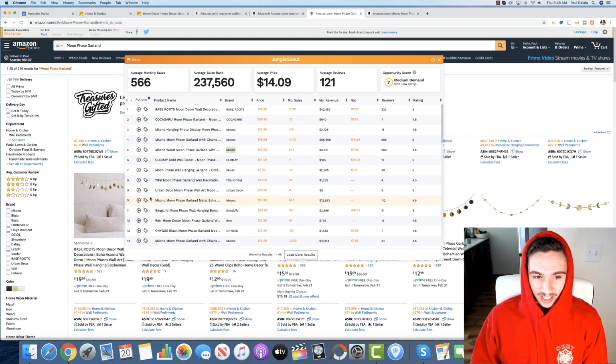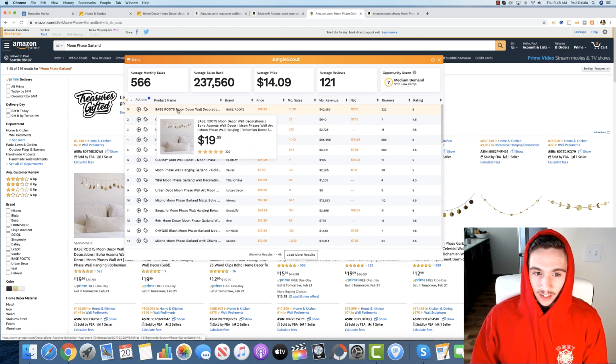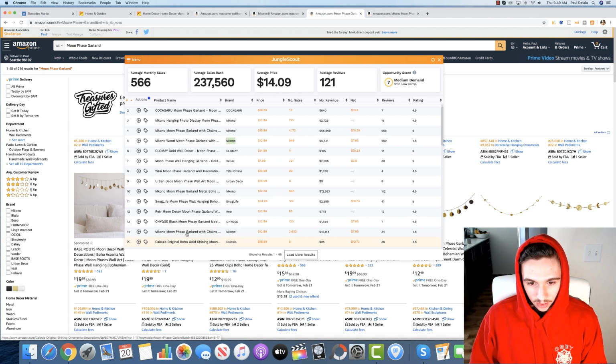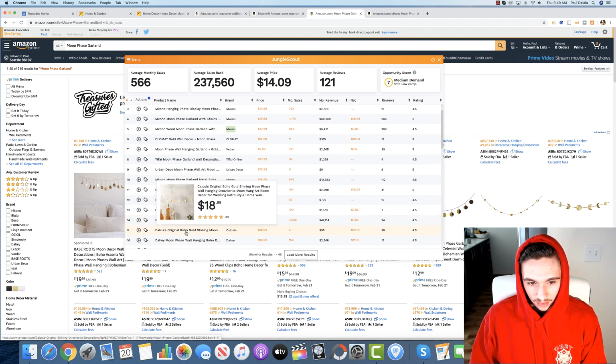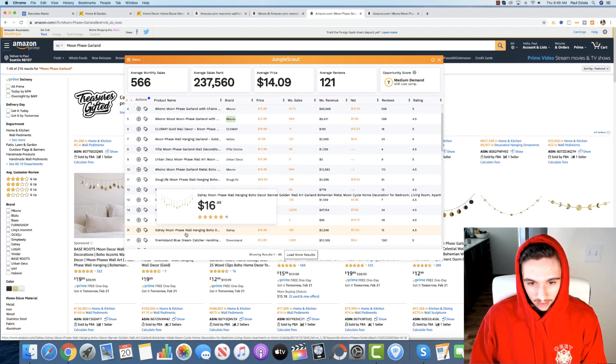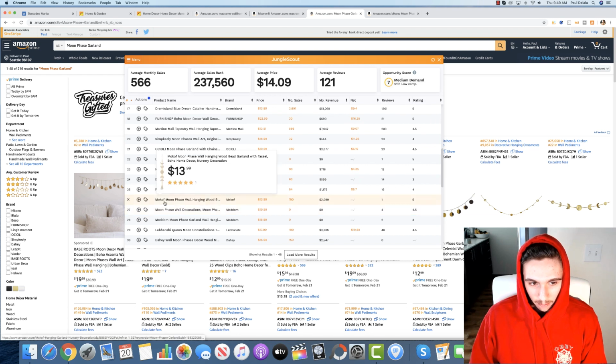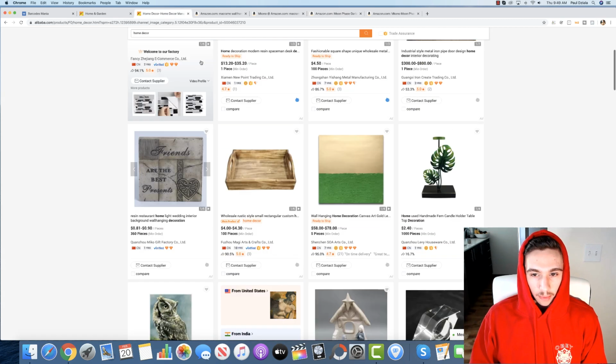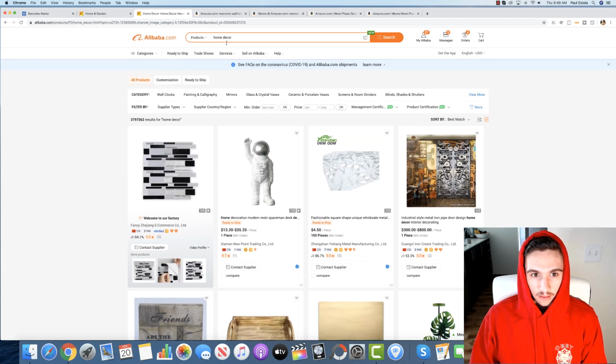He's just selling the same thing with different pictures, different lengths, just very subtle changes. Man, why is that one doing so good? I don't get it. What if you did a macrame moon phase thing? I don't even know what that would be, but